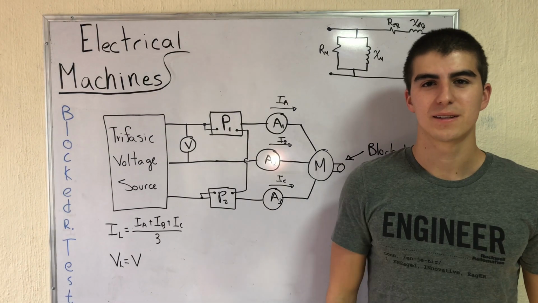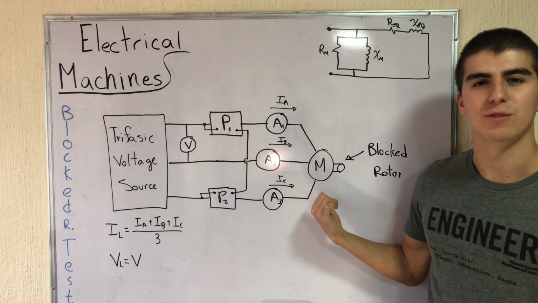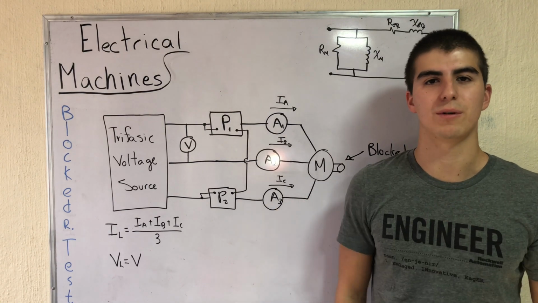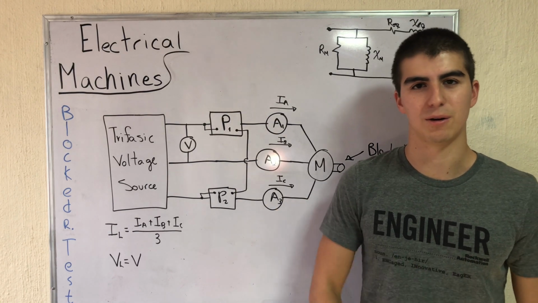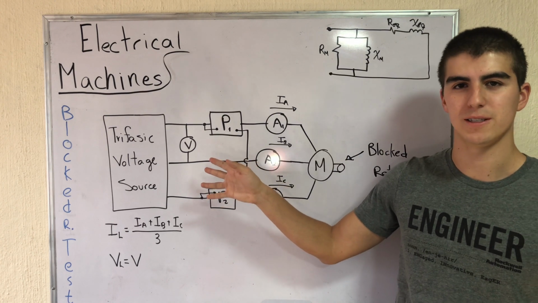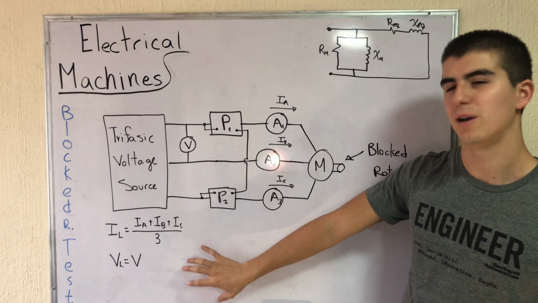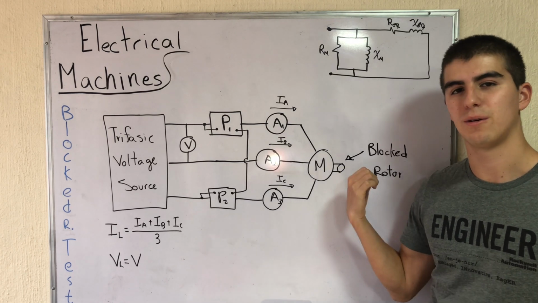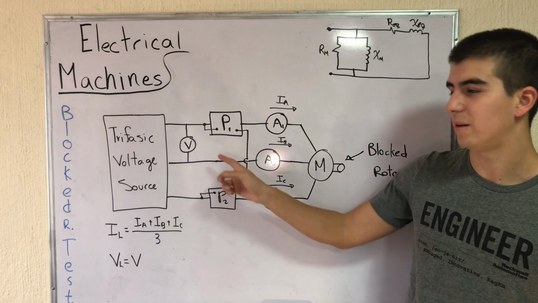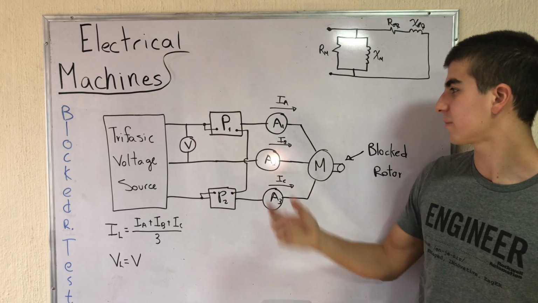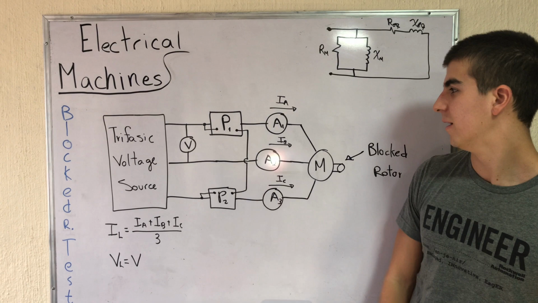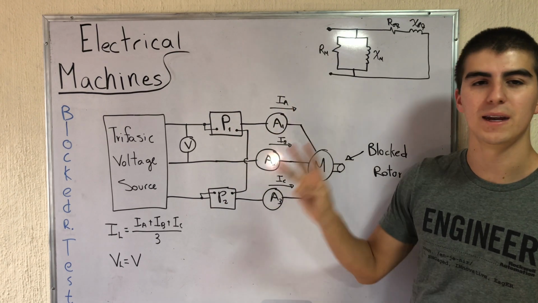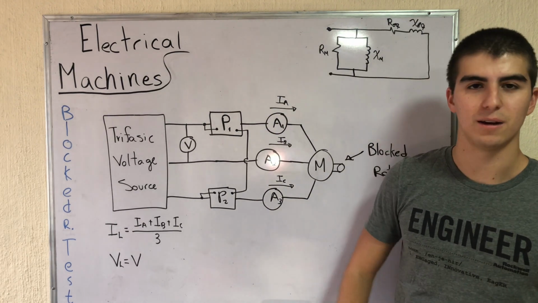For the second test, we need to put a load big enough to block the rotor. In other words, we need to ensure that the rotor won't be rotating and its speed will be 0. The diagram connection for this test is pretty much the same as for the no-load test, where the rotor had no load, and we need to measure the line voltage and the line current. We would need a voltmeter, a wattmeter, and 3 amp meters,